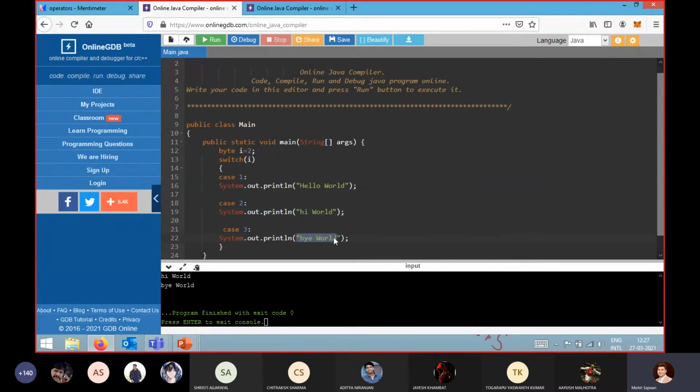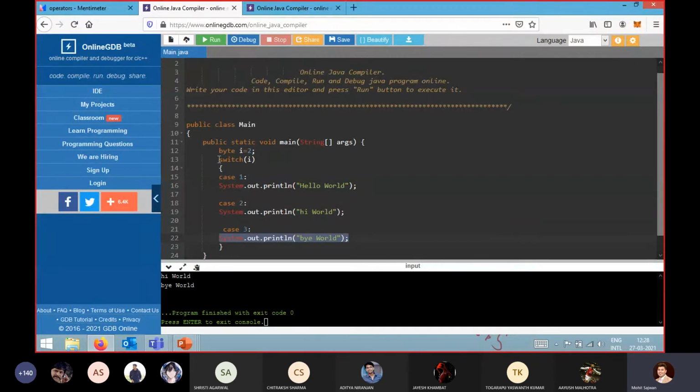So this is the concept that I am telling you. Even though you can see it over there, why is it not satisfying this case, why are we executing these cases, how can it print these statements if we are not satisfying the case?